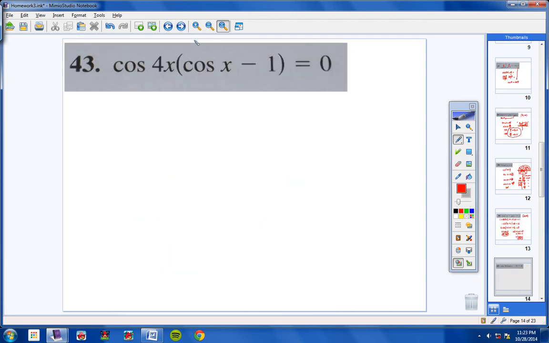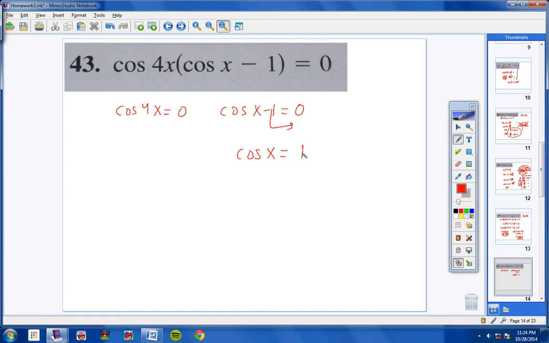Okay, number 43. Tough problem. This one's going to be a pain, I'll just warn you right now. It's already factored for us, so we can take cosine of 4x, set it equal to 0, and cosine of x, and set it equal to 0. Now let's do this one first. This is the easy one. So bring your 1 over and make it a positive 1. So we have cosine of x